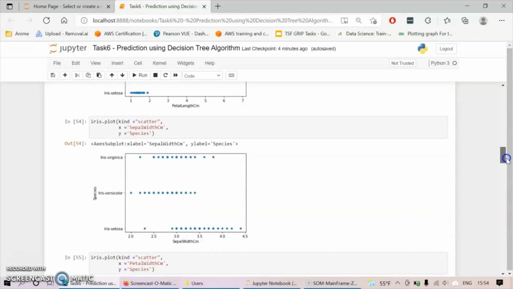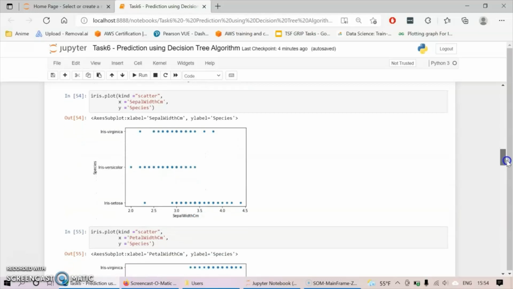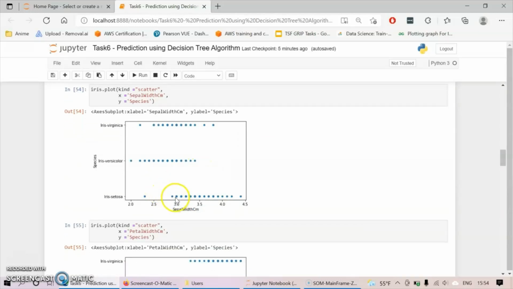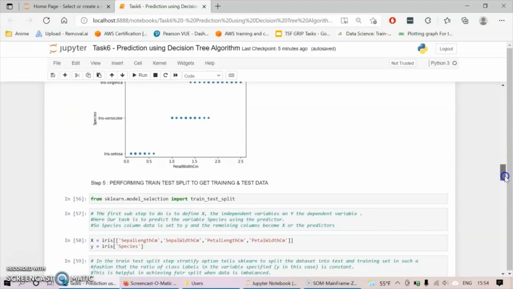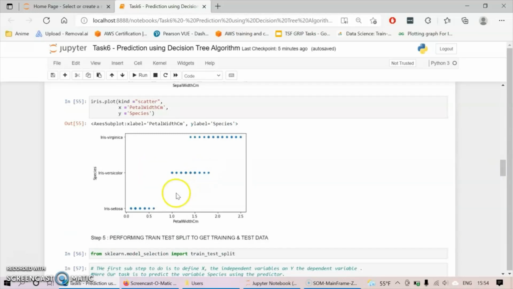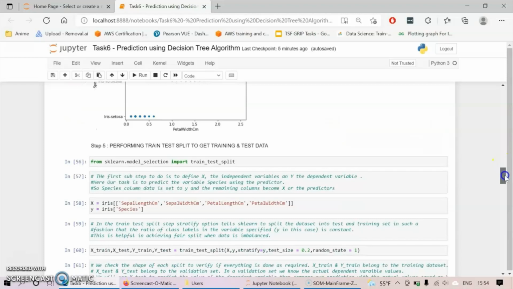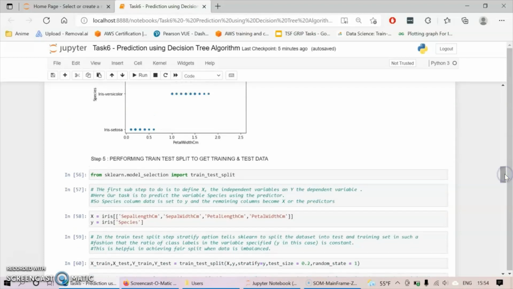In the case of sepal width, it is also split, except for a bit of an overlap between 3 and 3.5. And finally the petal width is also not very overlapping. This shows that we can build a much more accurate model for analyzing the data.